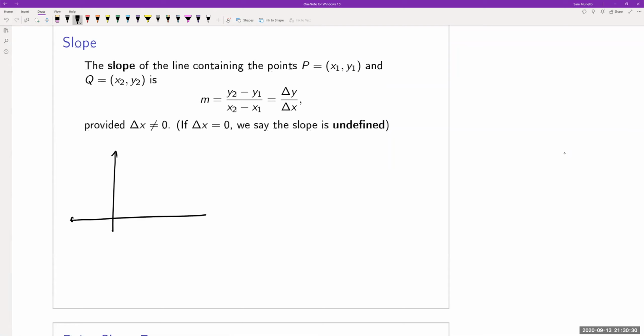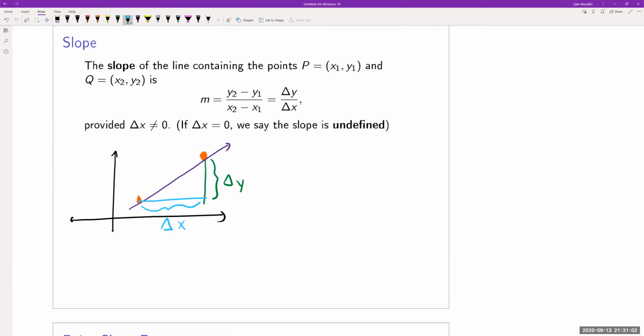And the idea of slope is that I will have 2 points, and I would like to know how I am changing as I go from one point to the other. Now, typically, we will think of this change in two separate ways. There will be a vertical change, delta y, and a horizontal change,